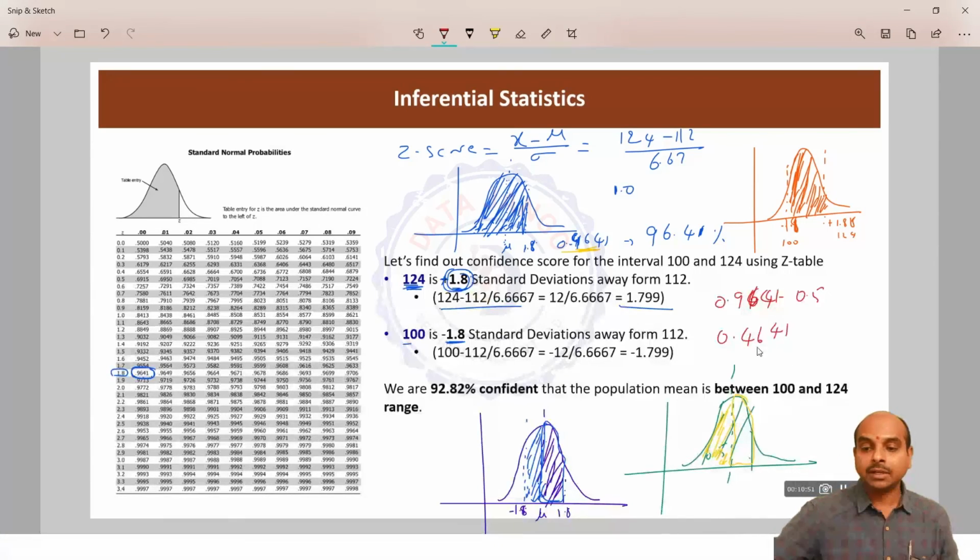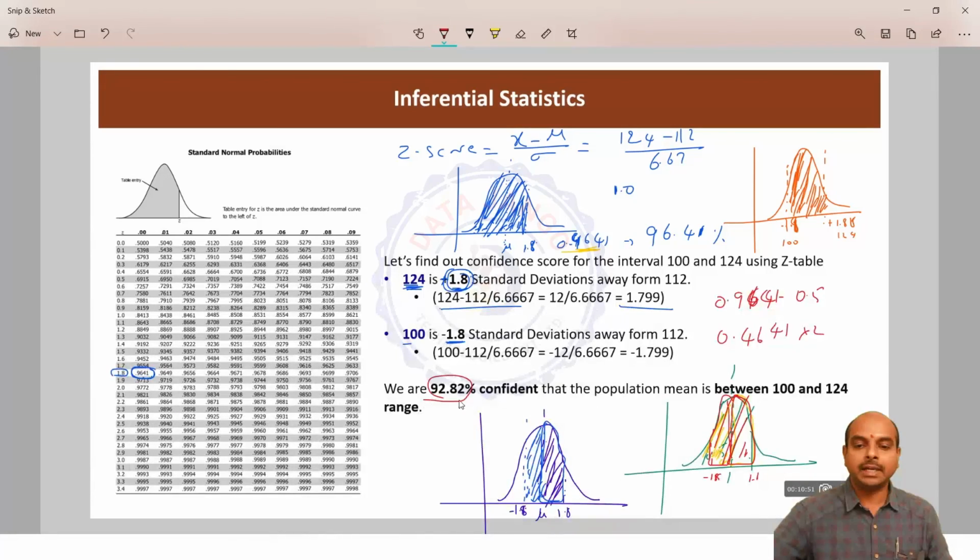And then you need to double this, because this area you found, and we need to find the area from minus 1.8 to 1.8. That means we need to double this area and find the total area under that part. So into 2 is nothing but 0.9282, which can be expressed as